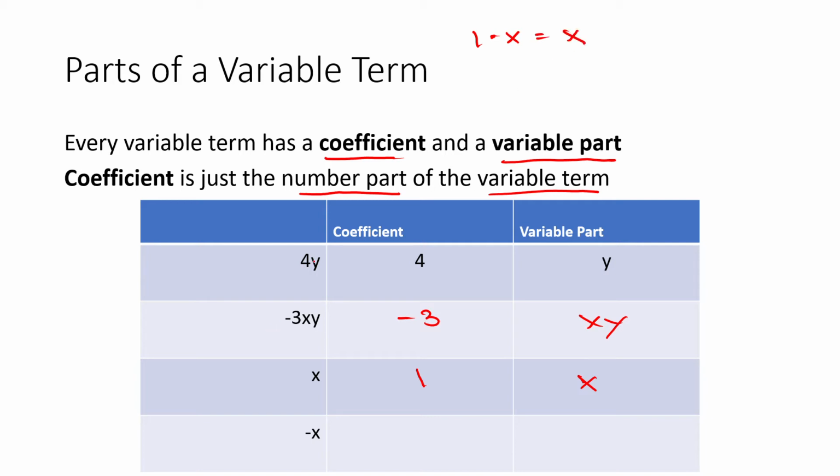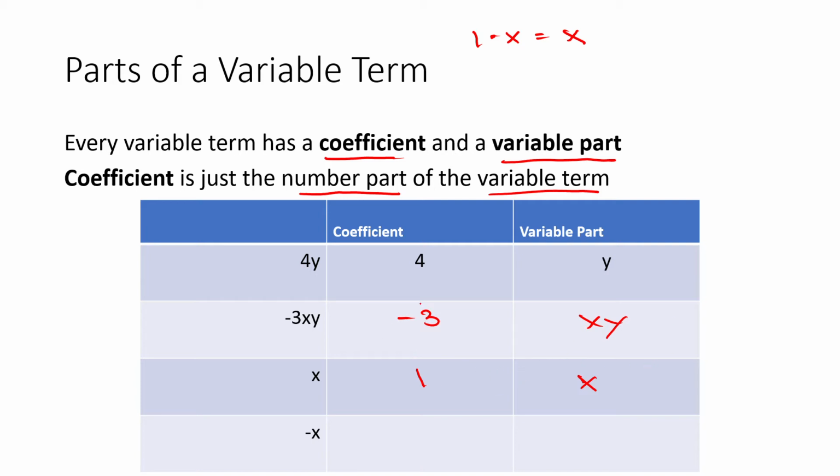So instead of writing it as 1 times x, you can write it as x. That's why if you have an x as a variable term, your coefficient for that is 1, and the variable part is